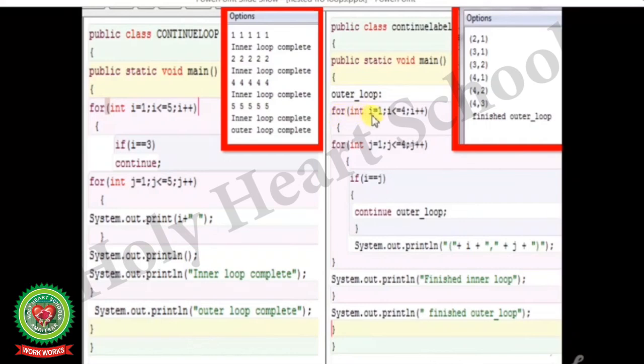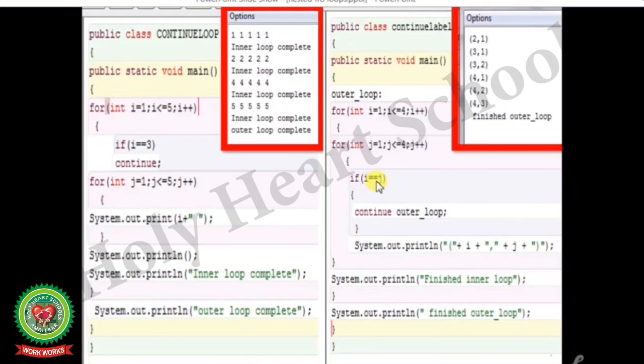Now for int i is equal to 3. Now the value of i will be updated, that is 3. For int j is equal to 1, j less than equal to 4, j plus plus. Now i is 3 and j is 1. So the value of i and j will be printed, that is 3 and 1. Now again the value of j will be updated, that is 2.